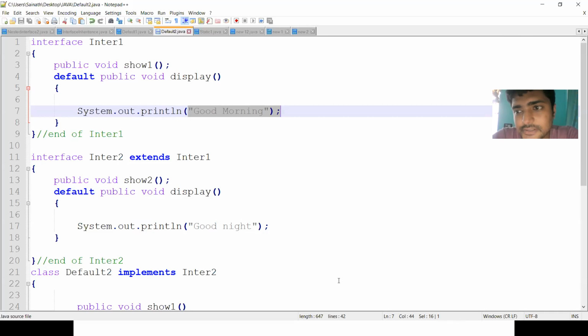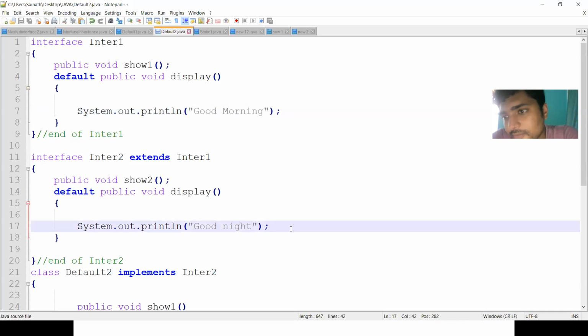So in inheritance, we have the concept called the super keyword. By using the super keyword, we can display the superclass methods, the base class methods. When inheritance is between two classes, we can use the syntax super.methodname. Then that output will be displayed.